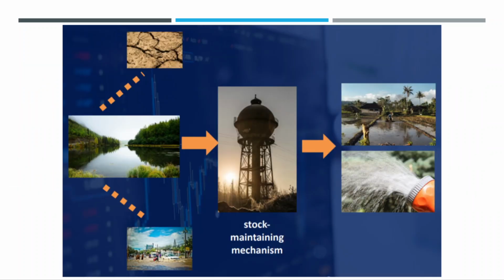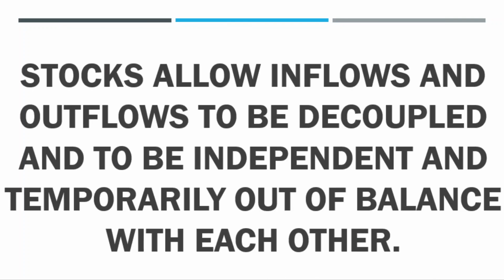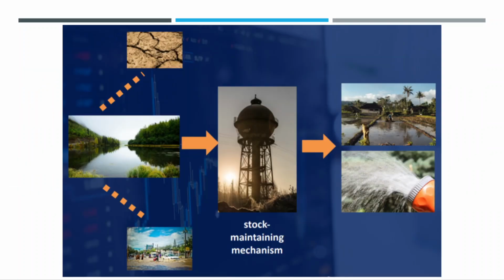That is why the people formulated or they thought, kaya dahil nga alam nila that the inflows and outflows are really out of balance with each other, they discovered stock maintaining mechanism. Okay? What is stock maintaining mechanism? Stock maintaining mechanism, these can act as delays, they can act as buffers, shock absorbers in a system. For example, in this case, it will really take a long time for a lake or a pond to fill up.